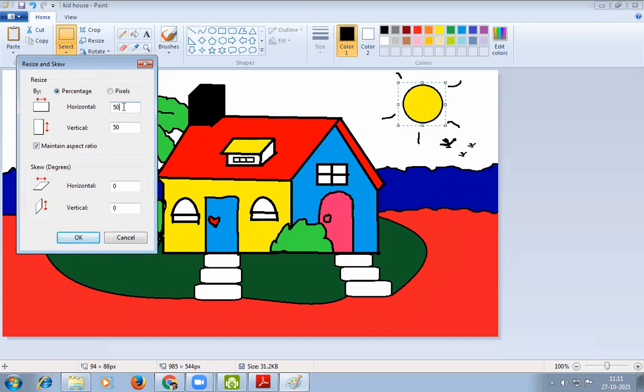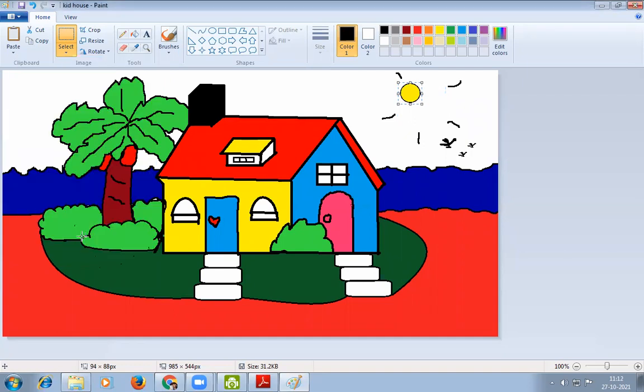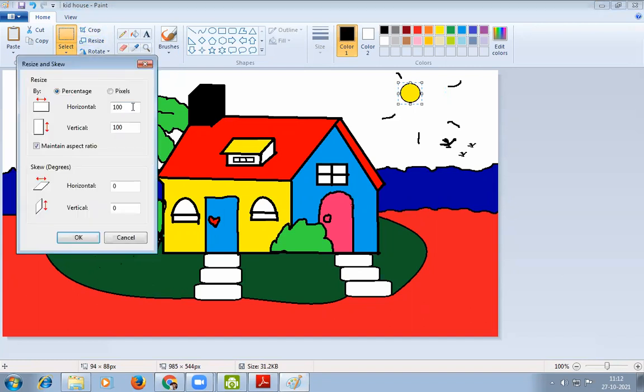I have changed the horizontal and vertical box from 100 to 50. Now look what happened. Now I am going to click on the OK button. Look here. The size of the picture reduces to half. It means we can reduce picture size by putting a number below 100.